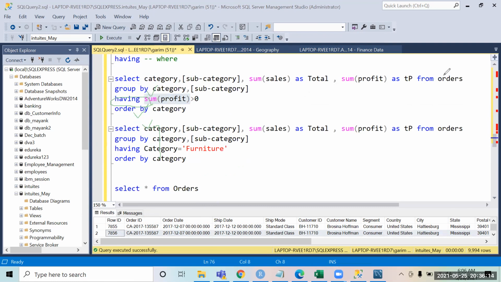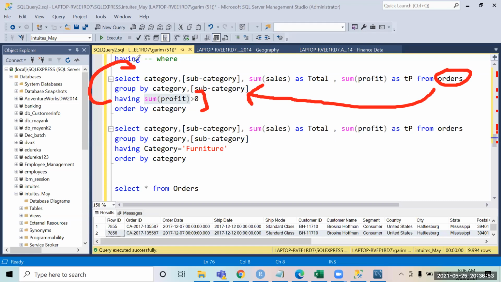First of all, SQL goes into this table, orders. It says, in this table I don't have any WHERE clause, you have straight away grouping. So SQL breaks the data by category and subcategory, and it says that I only have to keep the data where the total profit is more than 0. It keeps that. Then it comes to SELECT.